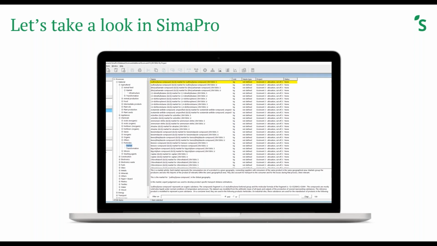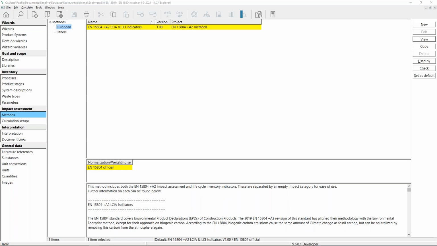So yeah, I think it's time to indeed have a look in SimaPro, and I can do the presentation. So I will take over, and I guess you're all seeing my screen now.